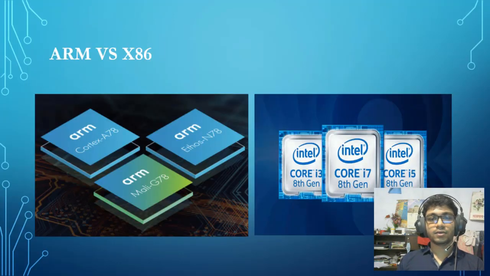There are right now two types of microprocessors available in the market depending on their architecture: RISC processors and CISC processors. ARM is the company that makes RISC processors, and Intel and AMD are famous for CISC processors. RISC processors are reduced instruction set computers and CISC processors are complex instruction set computers.